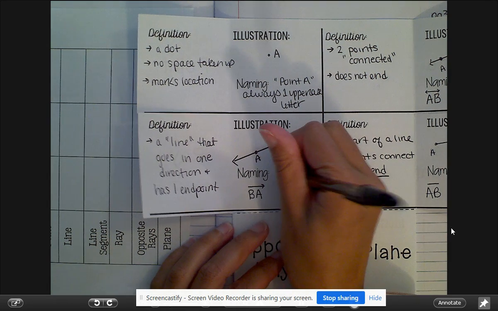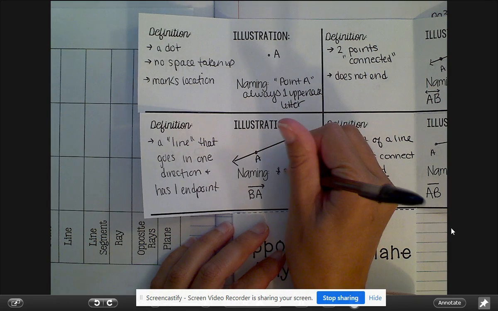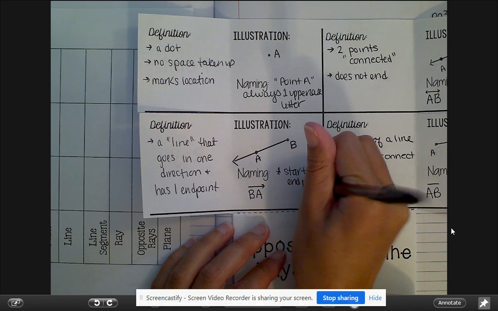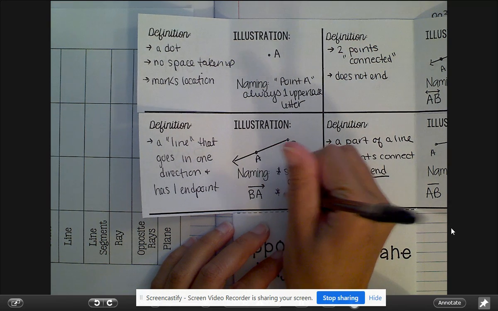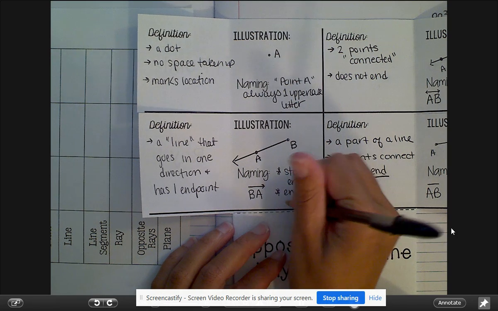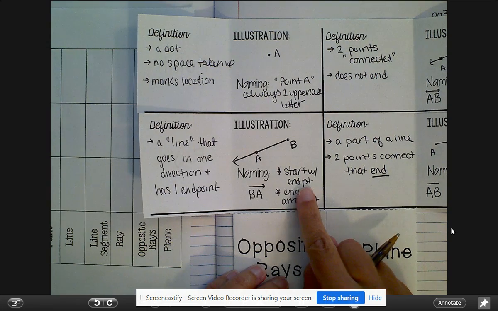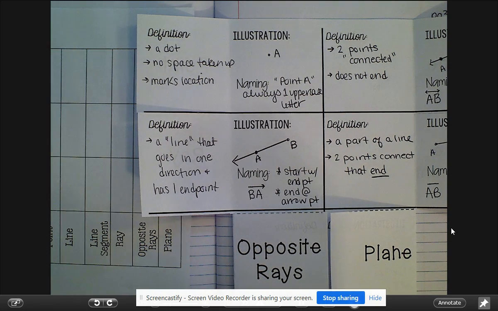So when we're naming it, we always want to start with your endpoint and end at the arrow point. Sometimes I use PT to abbreviate point. I hope that's okay. So your arrow always needs to point right,